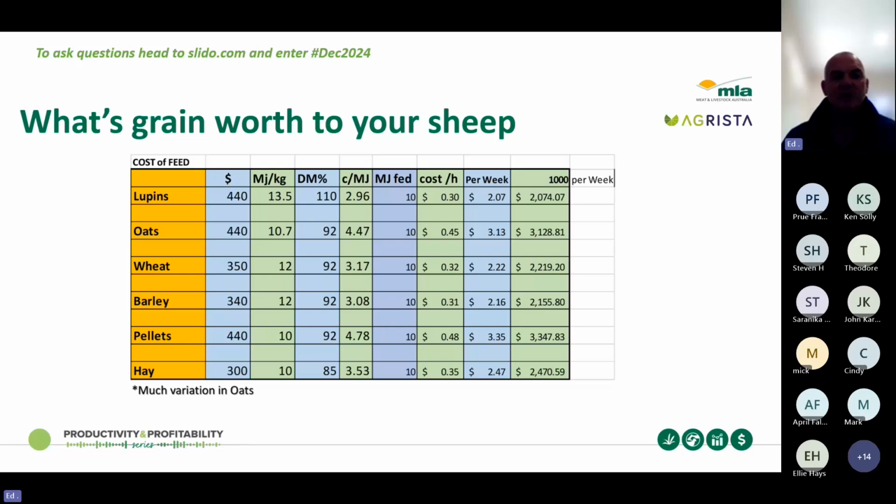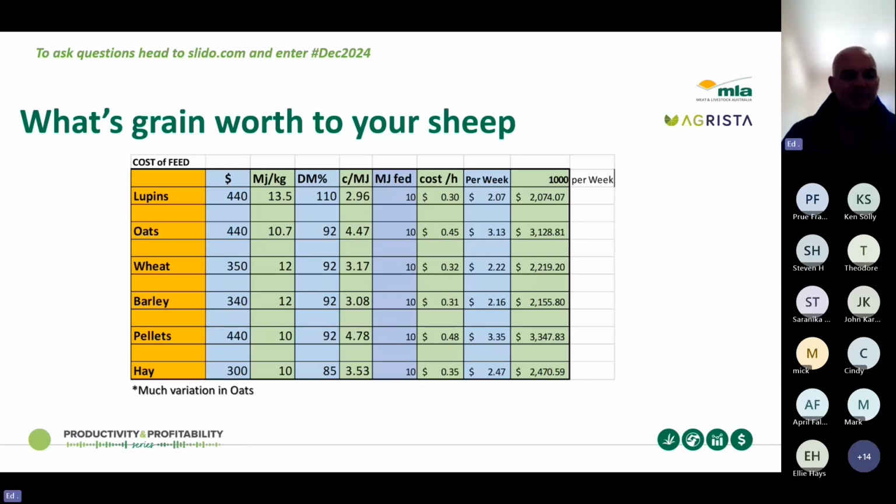And then we've got the value of that grain. So the lupins are $4.40 a tonne. Oats currently, lupins are probably $500 a tonne. Oats $4.40. So we'll just think about the scenario I've got here. Wheat $3.50, barley $3.40, pellets $4.40, hay $300. And then we've got the megajoules of energy in the next column. And then we've got the dry matter in the next column. Now,